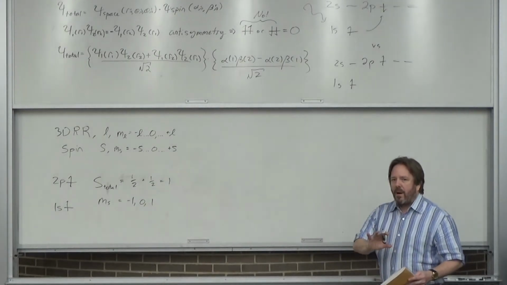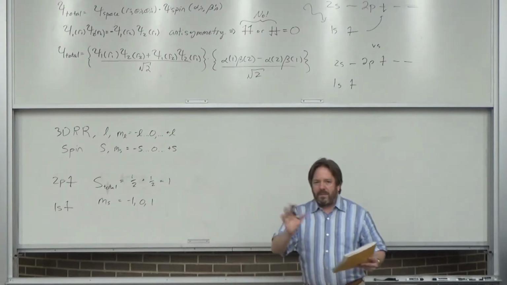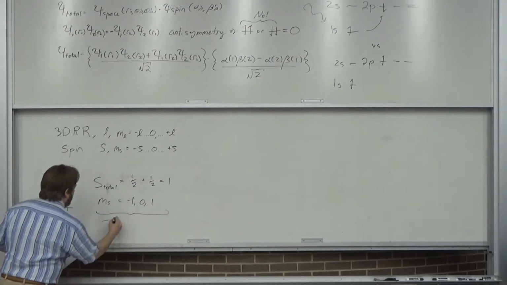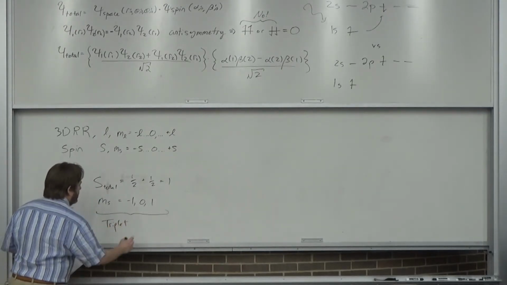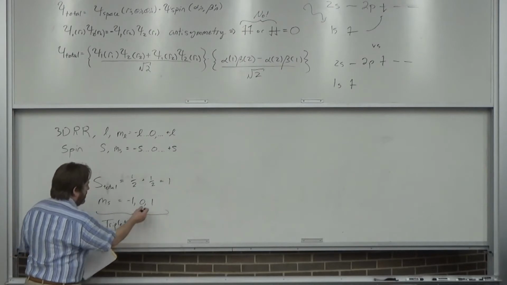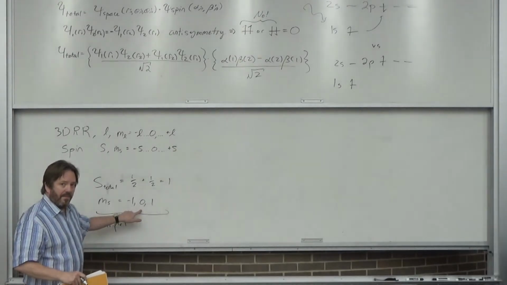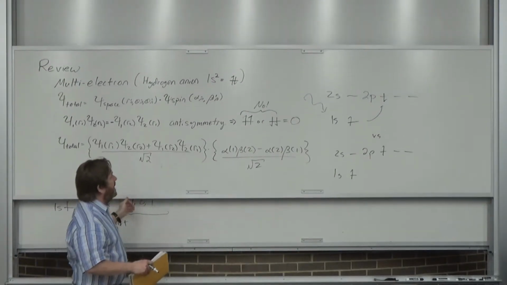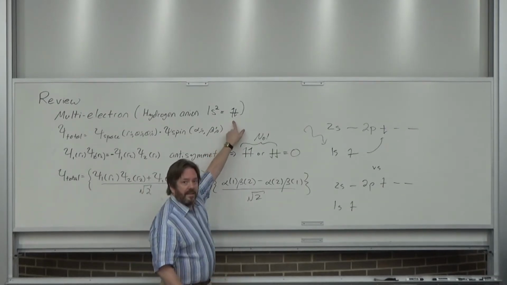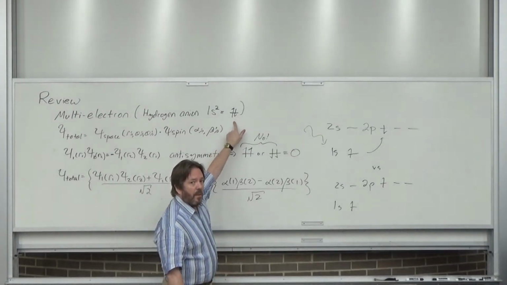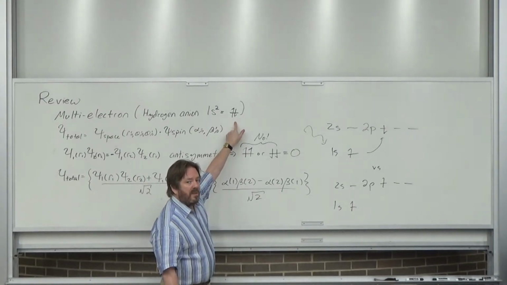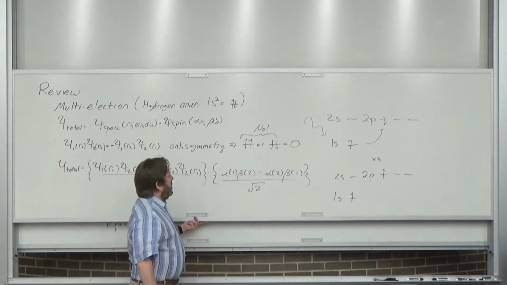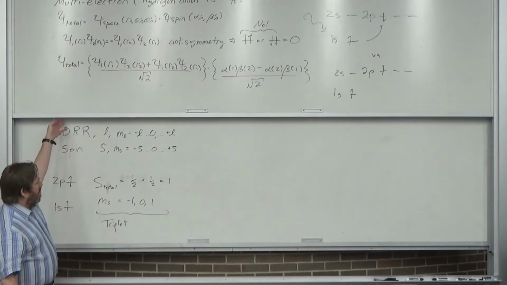Let me just point out one thing. This is a minor little part, but all of this is called a triplet state, and that's because the number of m_s states is 3. And that's why this guy here is a singlet state. The total S is 1/2 minus 1/2, which is 0. So the total spin is 0, so m_s is also 0. So there's only 1 state, a singlet. 3 states, triplet. Right? So that's how it works.